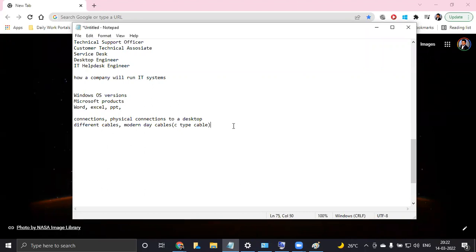All right. So we'll go through all the basic topics again today. We'll see versions of Windows operating systems from the start. We will see Microsoft products, what is Word, Excel, PowerPoint, and we will also see desktop physical connections, how to